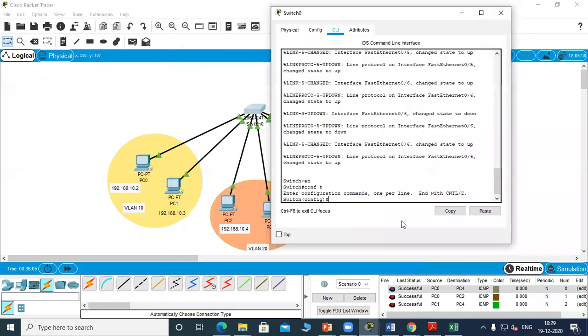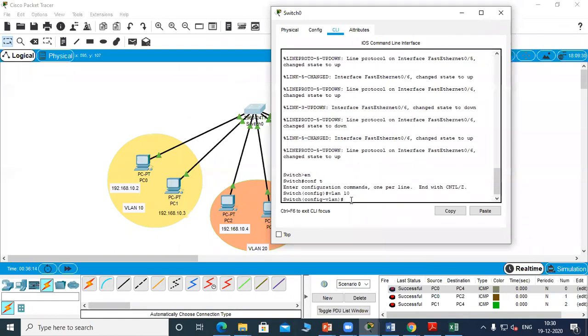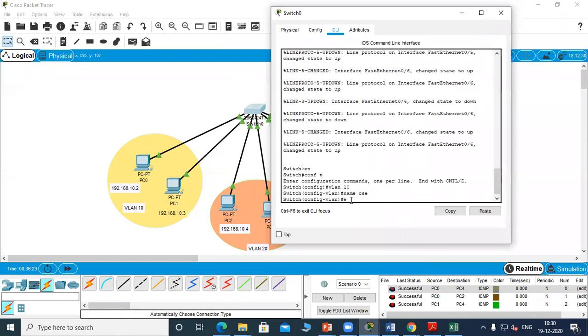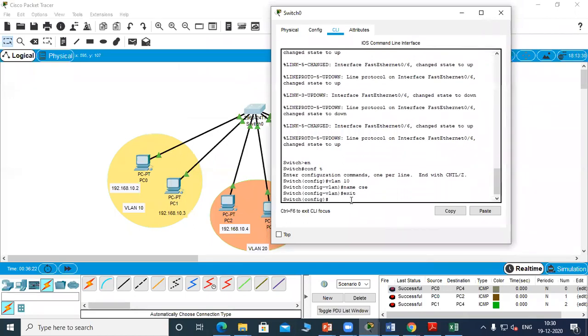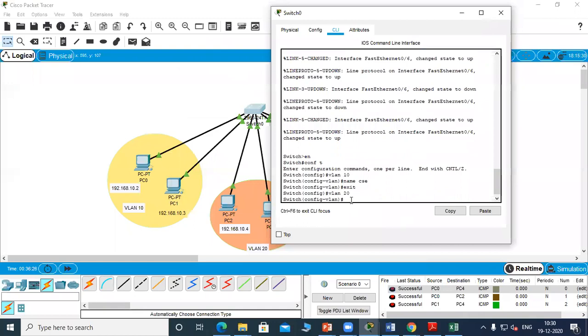Here we'll create the VLAN. We can name it CSE. We'll create one more VLAN, 20. We'll name it IC.